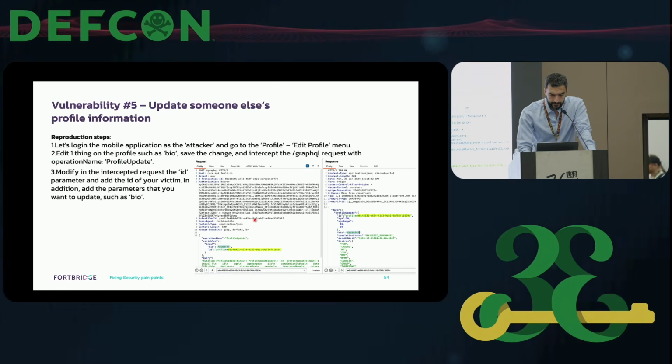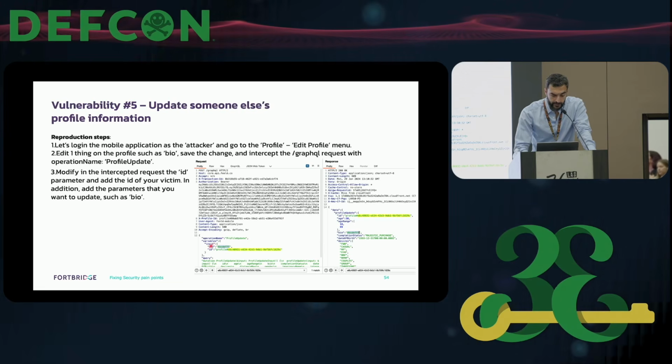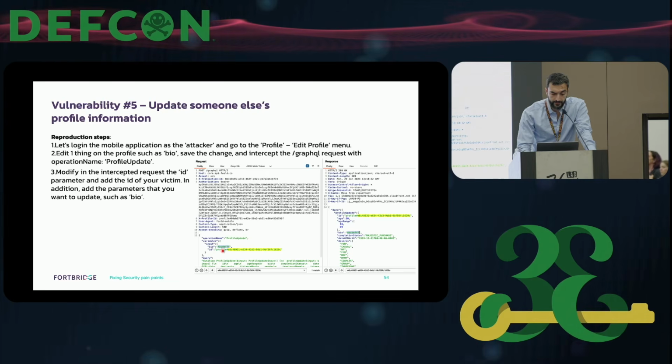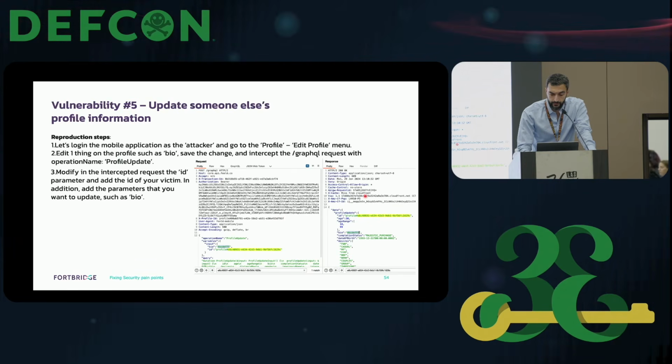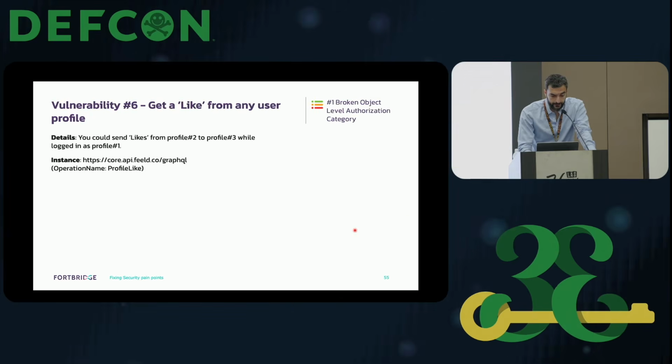Let's try to update our own profile first. We are logged in as profile ID 91F, as shown in this header. We update our own biography saying ABCD, and then in our ID field, we swap our profile ID with that of a random user, 29C. We see in the response 200 OK, profile ID 29C, biography has been updated to ABCD. So that worked without an issue, showing another access control missing.